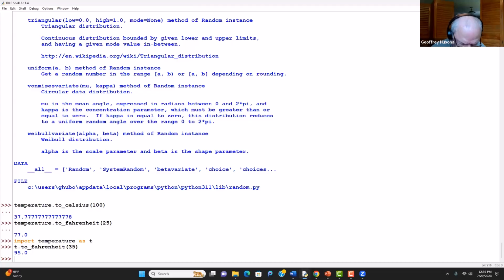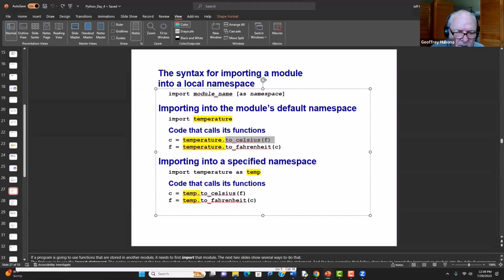Okay, so generally you don't want to just import the module and leave this out, because why don't you just import all of these into the global workspace? It doesn't let you do that. If you don't give it a namespace, it names one for you, which is the same as the module name, or you can give it some shorter one, but it does not let you load the module into the global, the top level workspace. And the reason is, you start loading, and you see this in R as well,